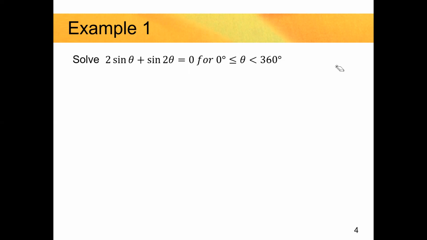So off to the side here, it's the double angle formula for sine, I believe, right? Not I believe, I better know it, or else I should not be teaching this class. Sine 2 theta is 2 sine theta cosine theta. Perfect, let's put it in. So 2 sine theta plus now this little